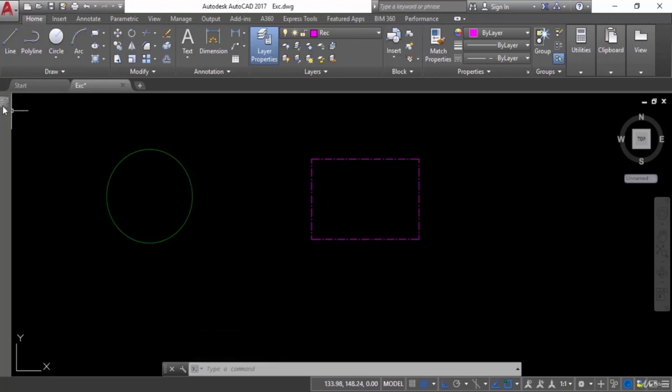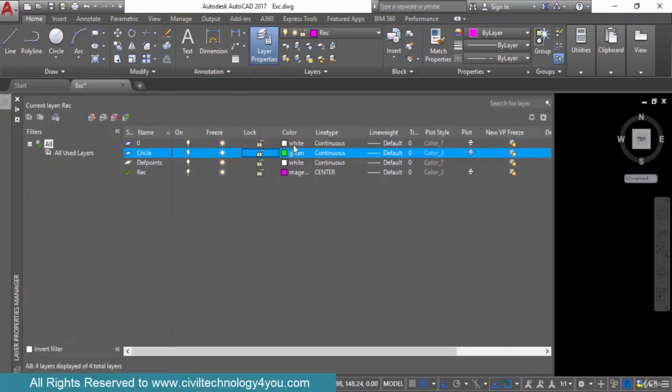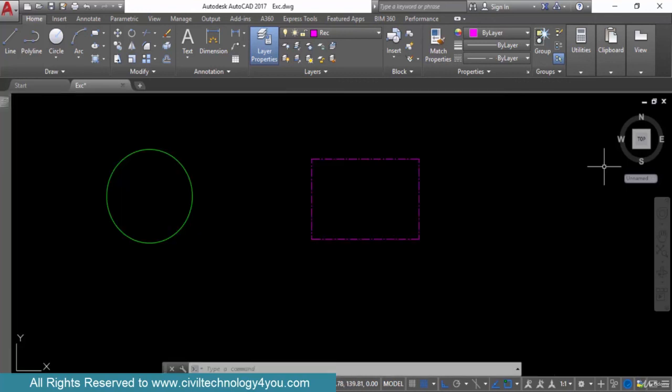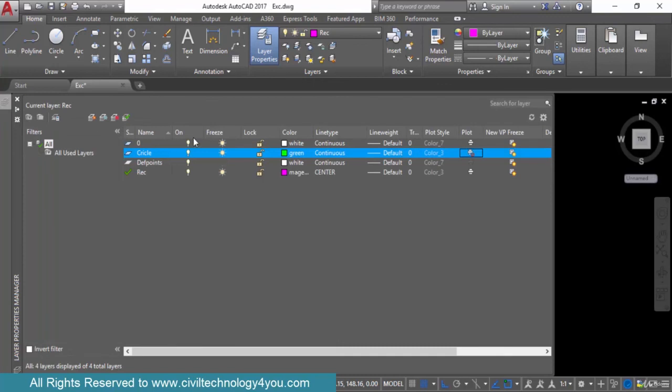Again I will go into the property palette. As I told you before, you can change the color from here. Line type, I already discussed this one. Line weight. From here, this is another option, plot. If you do not want to print that object, for example, I will turn off this one. Now if you make a print of this drawing, this object will not be printed, because you just turned off that option from here. So those are some options that are very important in the layer property palette.